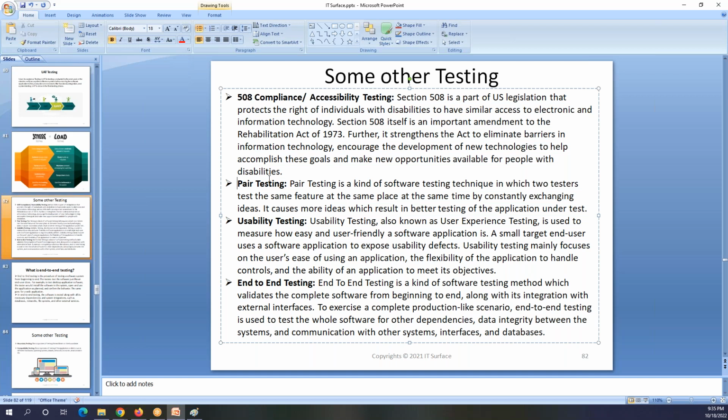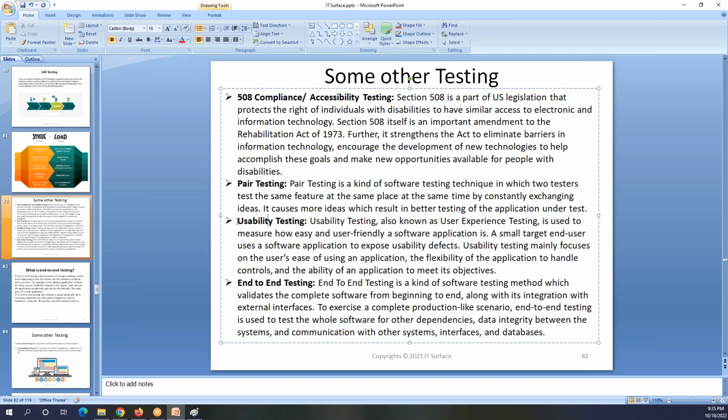Pair testing. Pair testing is where two testers work together to test a single test case. So that is pair testing. Two testers sitting together, working on the same machine, on the same test case, doing the testing.